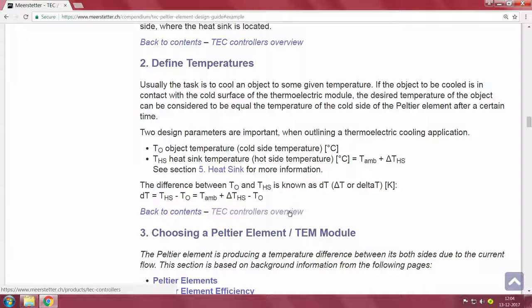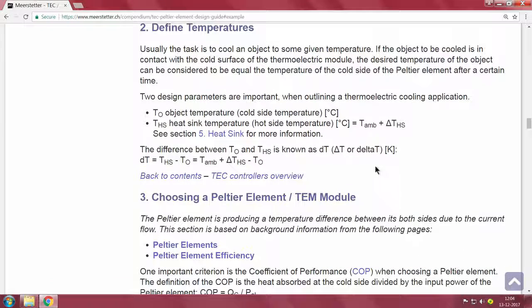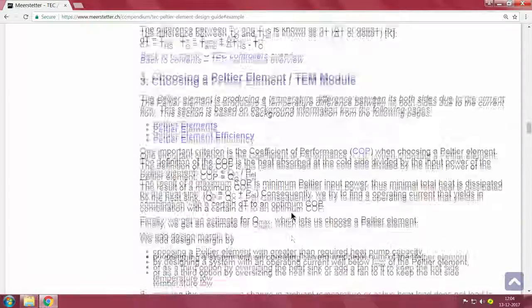The difference between TO and THS is known as the delta T, and suddenly we end up with this also. Ambient temperature, delta T, minus the object temperature.